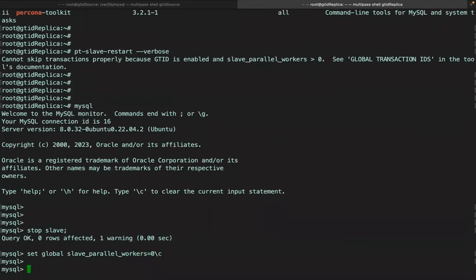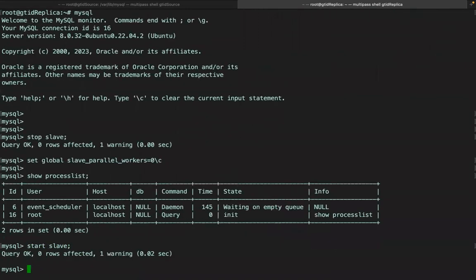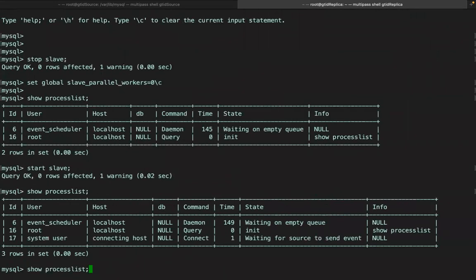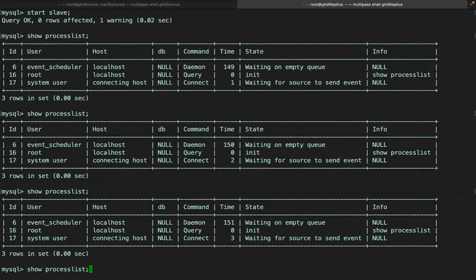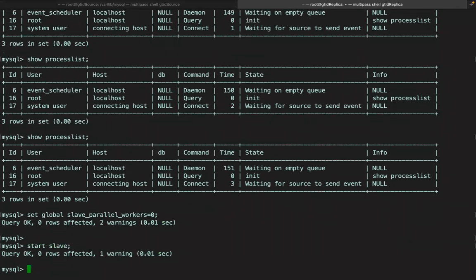Before that, show processlist, start slave and show processlist, changing it to 0. Now start slave and